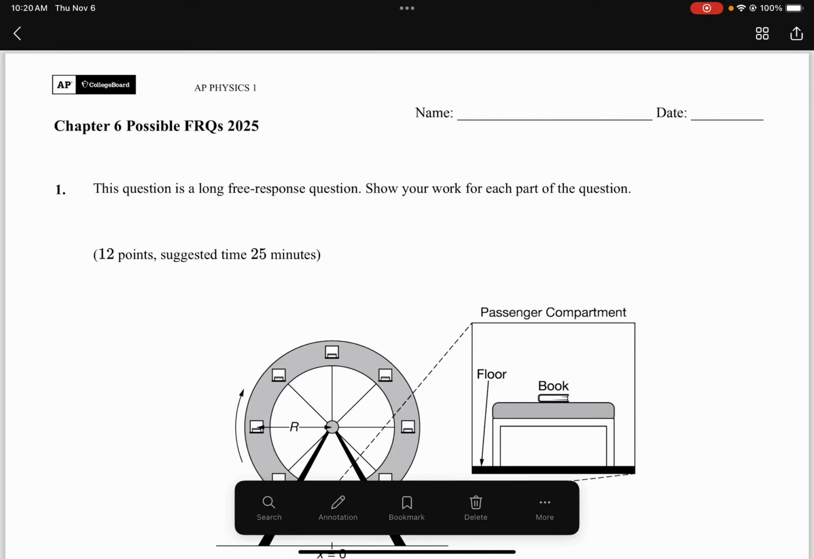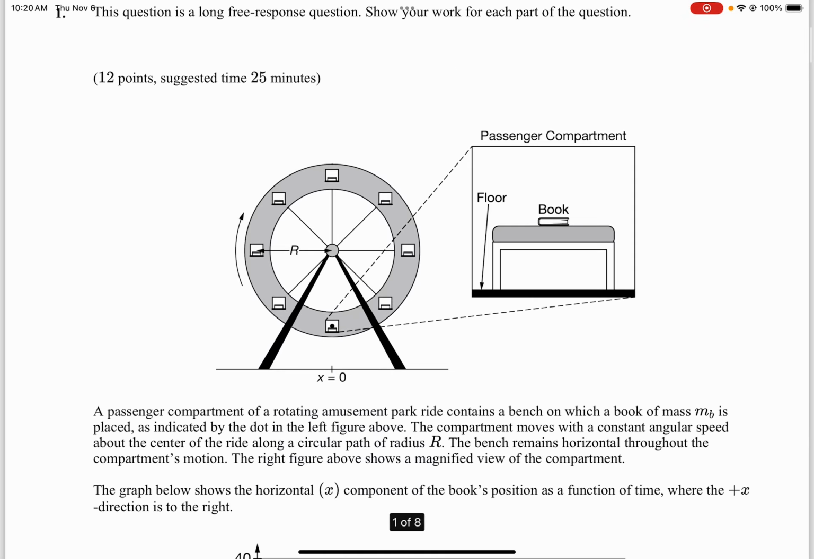Hi everyone, it's Mrs. Watford and I am going to walk through FRQ number 1 for the Chapter 6 possible FRQs that could show up on your test. So this first question comes from an actual AP exam a couple years ago where you have a Ferris wheel